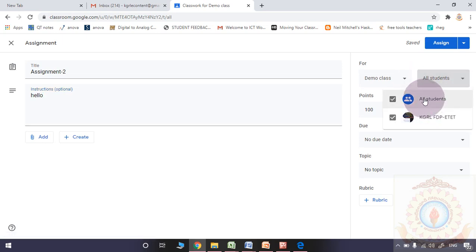Here you may choose whether you want to send this assignment to all the students or to particular members only. Means after creating the Google Classroom, if you want to give some additional assignment to a quick learner, or some additional information, or if you want to give an assignment for the slow learner, that particular selection of students is also possible in Google Classroom. I am just selecting all students because only one student is there for giving the demo.